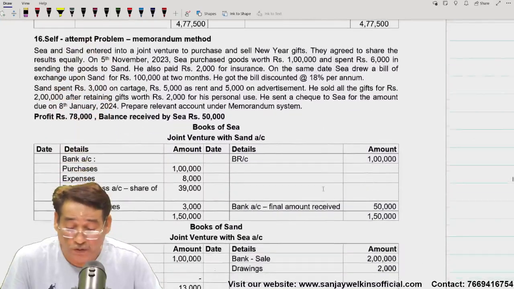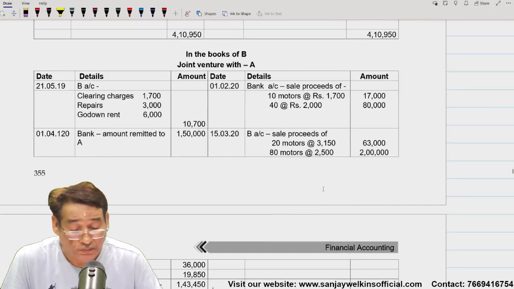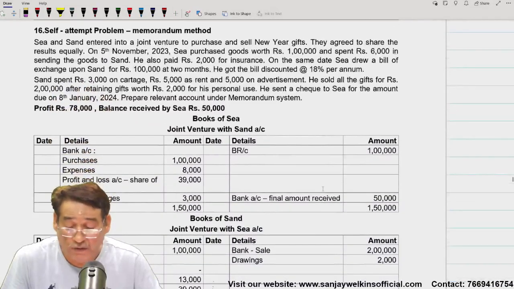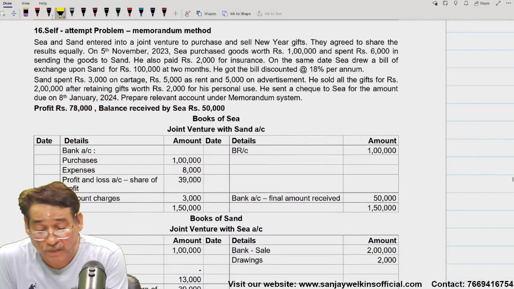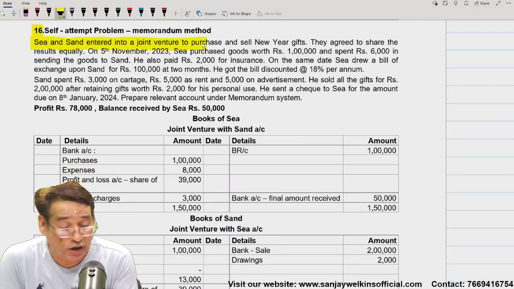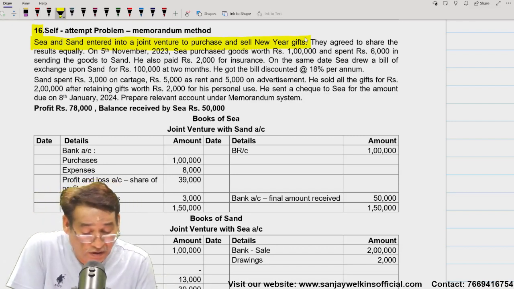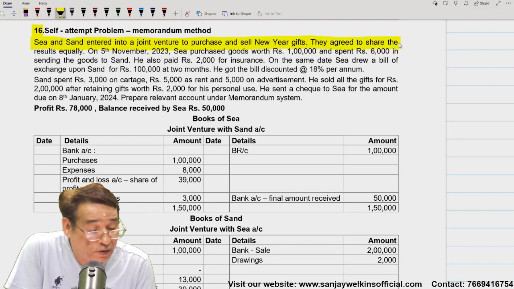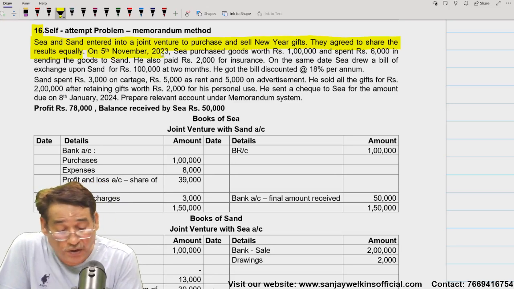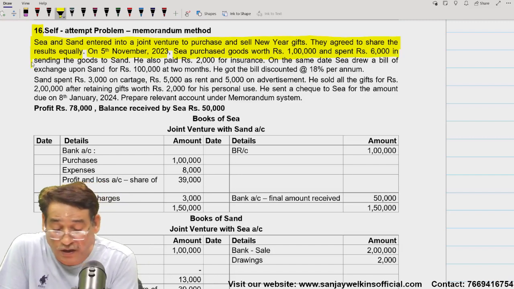So now we move over to the next question. C and S entered into a joint venture to purchase and sell New Year gifts, correct? They agree to share the results equally. On 5th of November 2023, C purchased goods worth rupees 1 lakh and spent 6,000 in sending the goods to